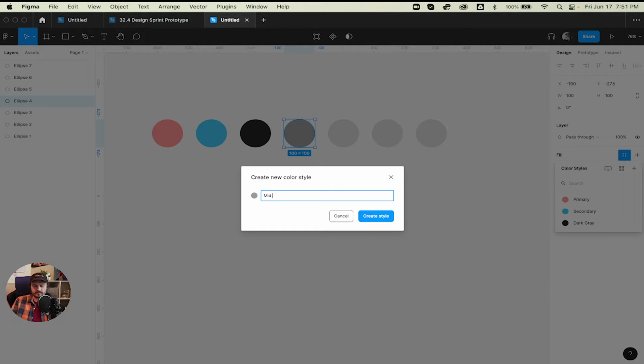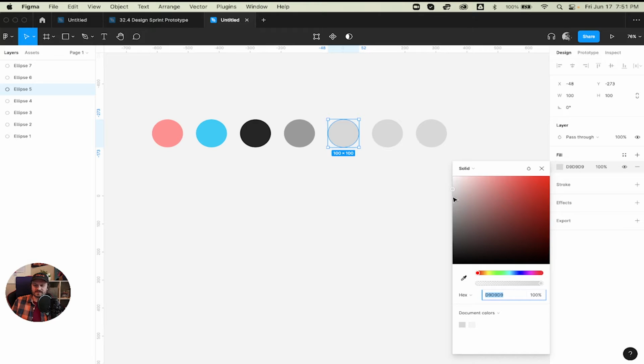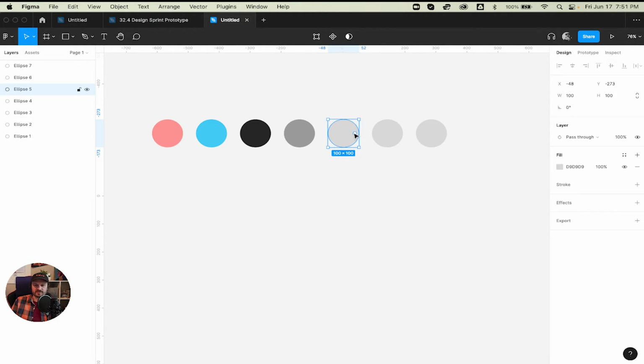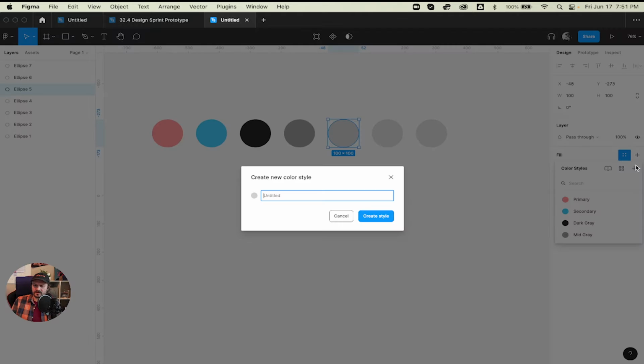We'll call that mid gray, and of course, whatever your color system dictates, that's how you would name these, or your design system, I should say. And we'll go ahead and change that to just a little bit away from the default D9. We'll go with D0, so not at all that far away. And we'll call that